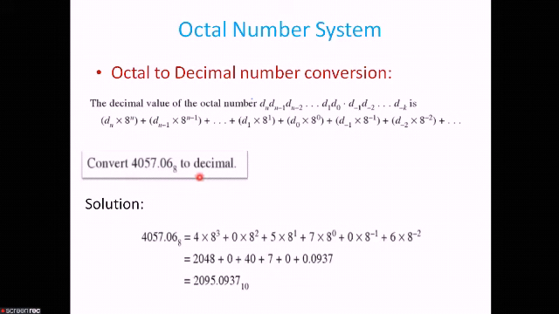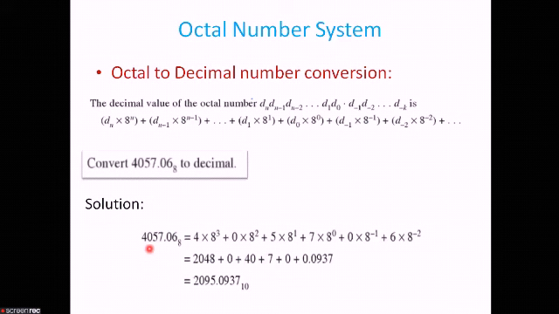Whenever there is a decimal number conversion, that is you have to convert some number system into a decimal number, you have to multiply each of the digits of the number by the base to the power of the positional weight. This is a universal thing you should be doing in all the number system conversions when converting to a decimal number. This is true for all the number conversions. For octal number, we have seen, and for binary number systems. We will also see for the hexadecimal number systems.